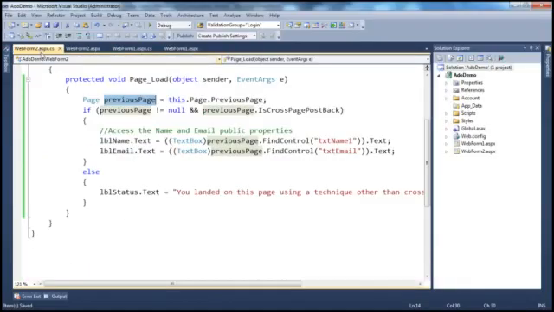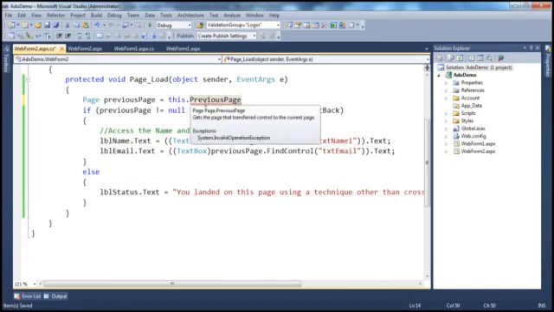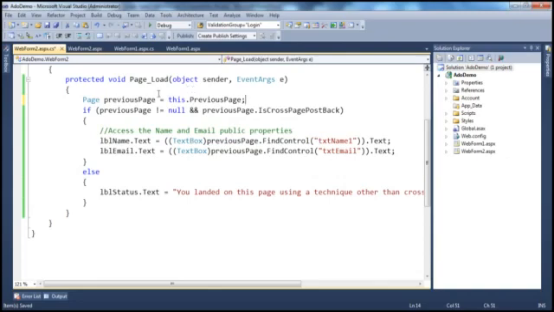So on the destination page, look at this. We are currently getting a reference to the previous page using this.page.previousPage, or we can also say simply this.previousPage. That will also give the same object back. But if you look at the IntelliSense, it is returning a Page object back. But we know for WebForm2 the previous page is going to be WebForm1, so I can typecast the Page object to be WebForm1